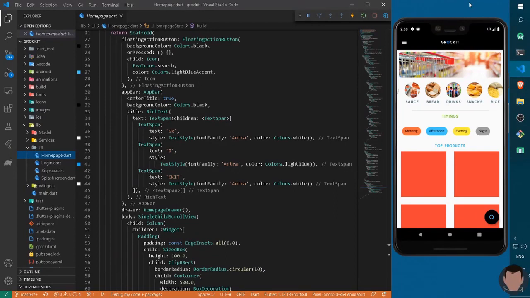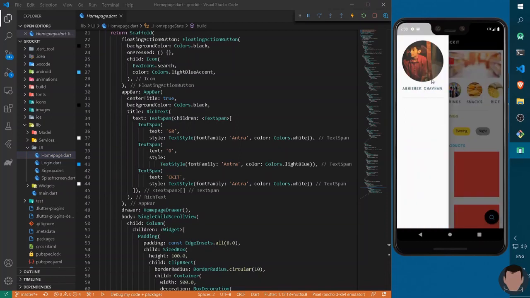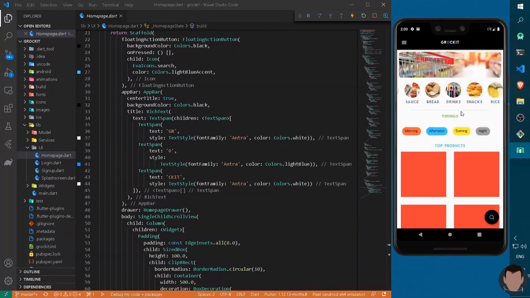Alright, welcome back. In the last tutorial, we implemented such a screen for our application Grokit along with a drawer which has the name and the profile picture of the user itself. So in this tutorial, let's implement a page view for our application, and we will set up page views for the search option as well as the location option and our initial, default home page. So to start with, let's go up.